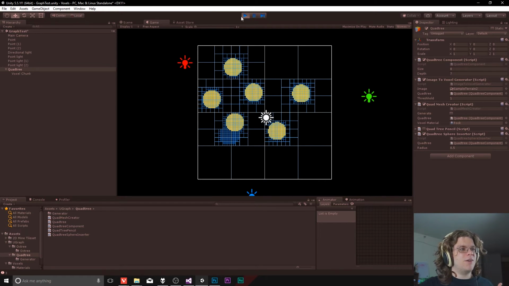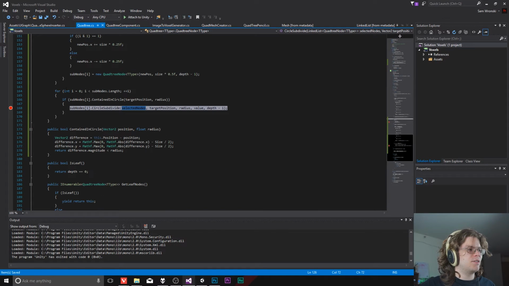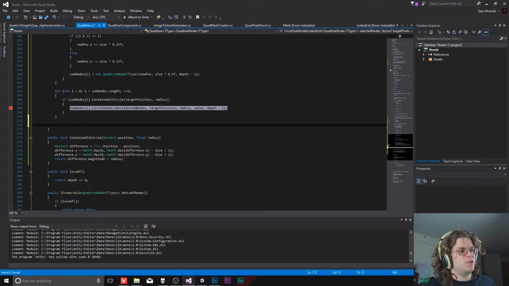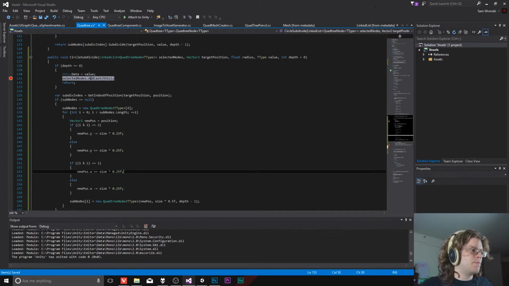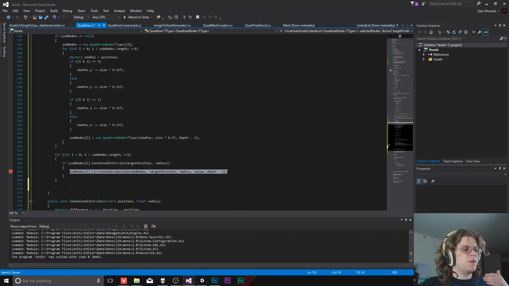Now what we can do is, after this bit right here, this is going to recursively subdivide each of the nodes underneath it. So what we want to do is, we know it's not going to be the very deepest node. It's not going to be at the bottom of our tree because we've got this statement up here. So we know we're already at least one height above the bottom. So what we can do